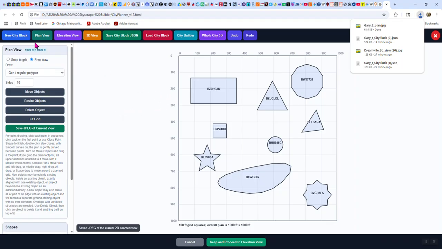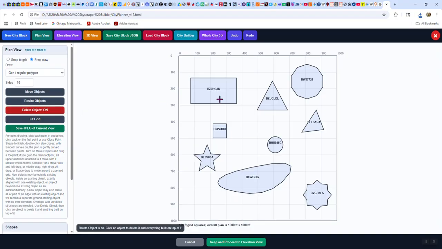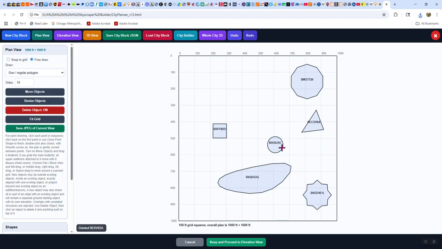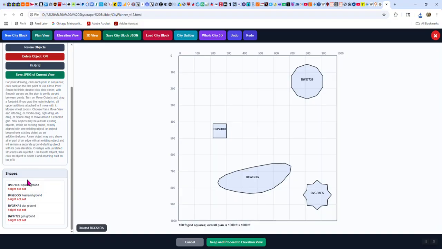Okay, so what I've done in plan view is I've laid out the ground floor. These are all buildings that touch the ground. And you know what I'm going to do for this demo to make it simpler and faster? I'm going to delete a bunch of objects here. Little less to show you. Okay. Now I've got what I want, and it gives me little messages here, and it keeps a list, and what it says here is the height isn't set. So this is just like the outline on the ground when they're doing the early construction, right?